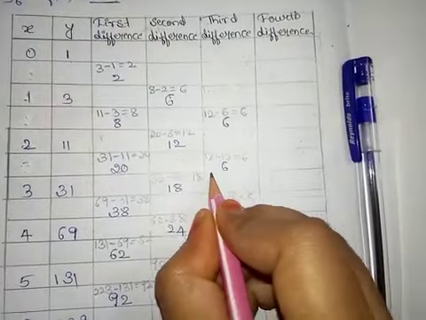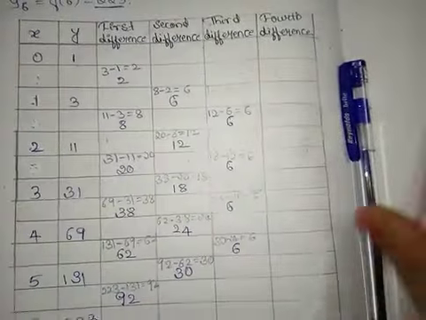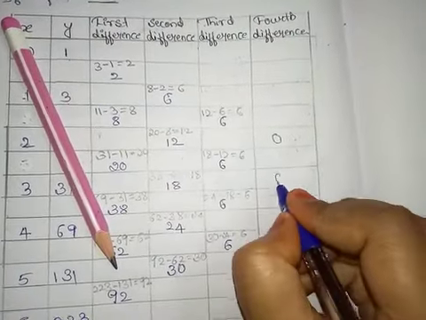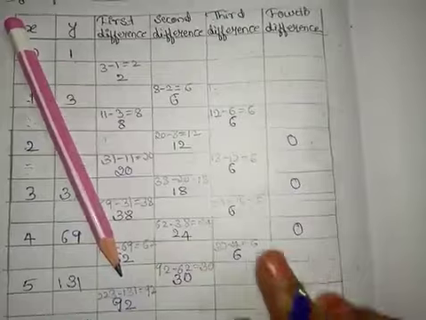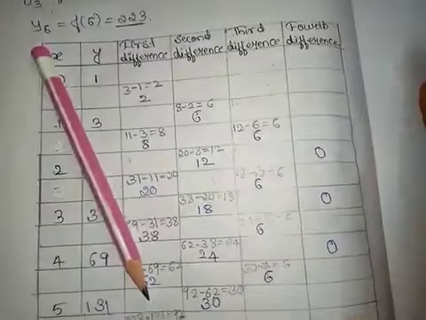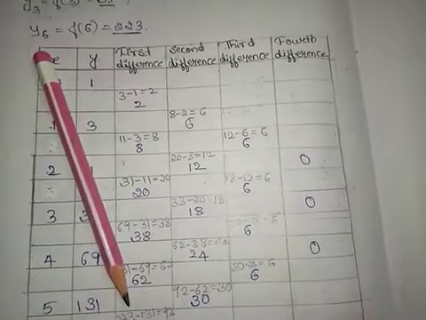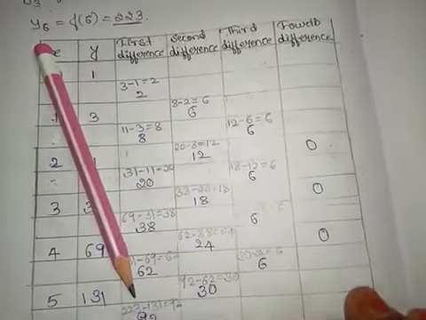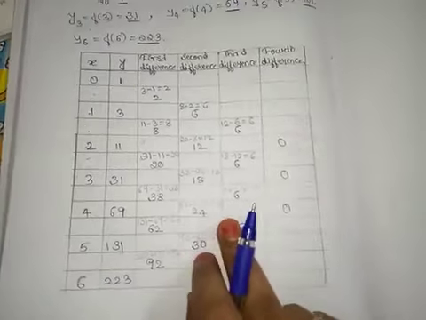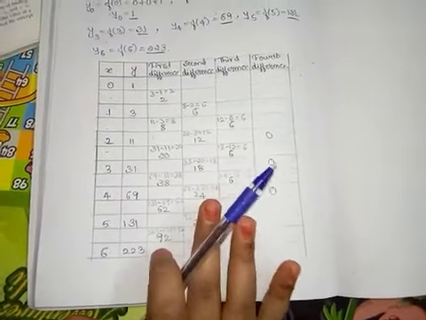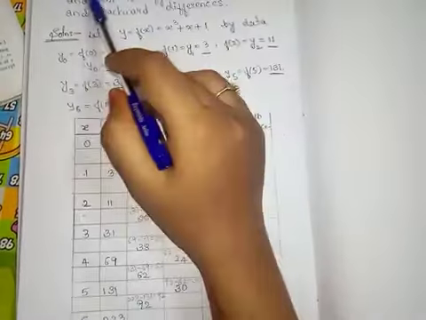When we take their difference, we will get all values are 0. In between these two it is 0, in between these two it is 0, and in between these two it is 0. Next values are also 0, so it is not necessary to find the fifth difference and so on. Stop here only. This is the difference table for the given example. See, they are given construct a finite difference table. This is a finite difference table for a function given.